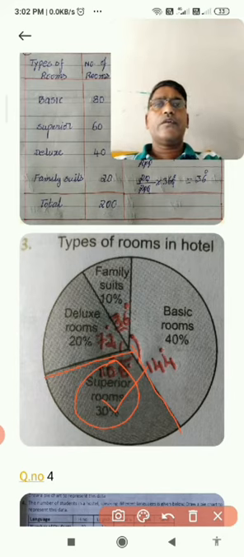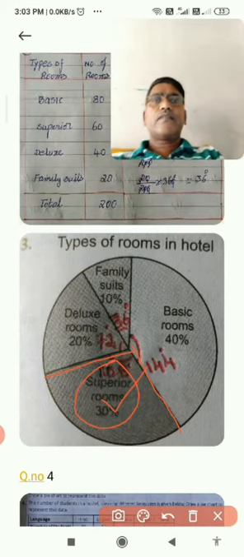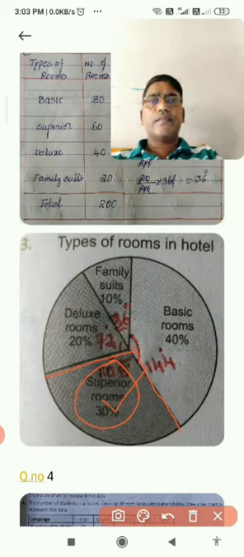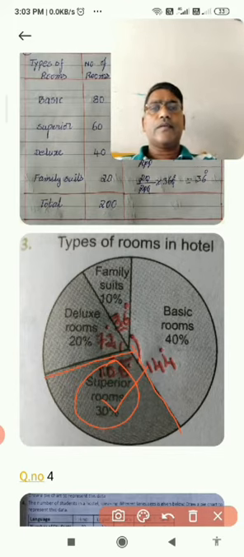I think it is clear to you with the protractor. First you construct the circle with a fixed radius, I mean 2 centimeter I am saying. After that you construct a radius at a particular place. From that radius you move forward by the given central angle. You will get the pie chart. It is correct only.